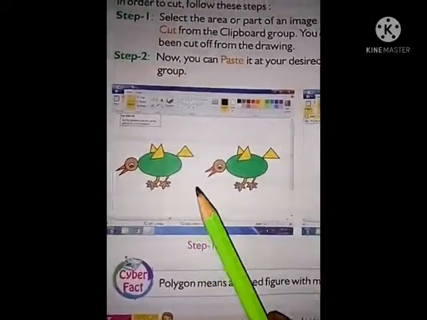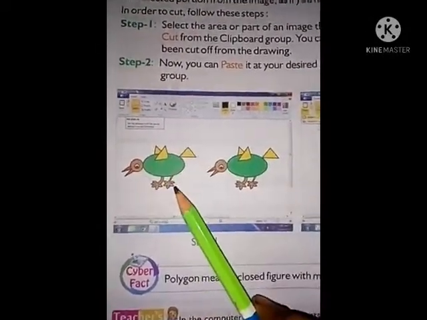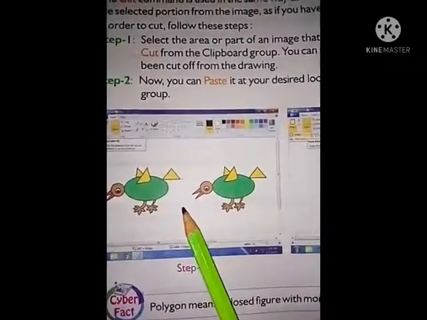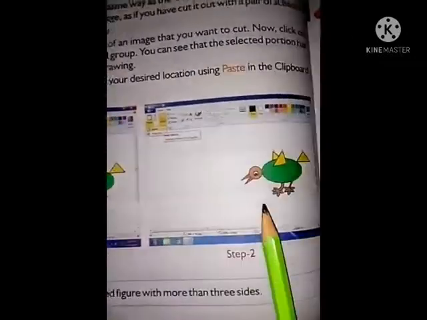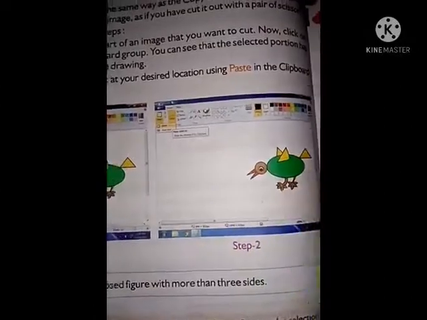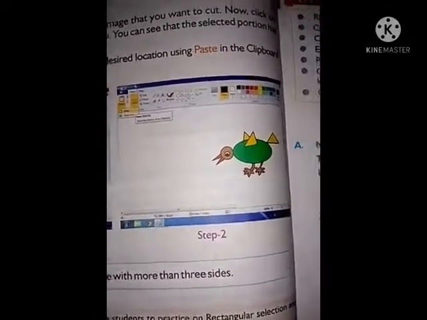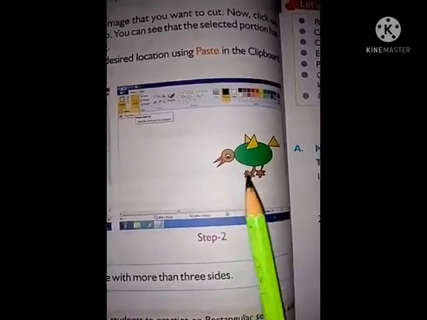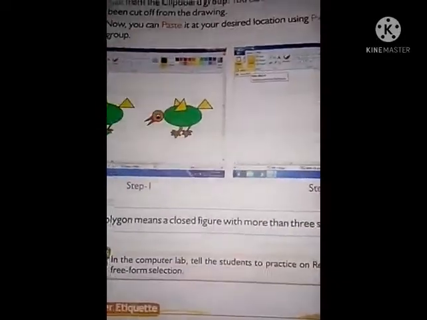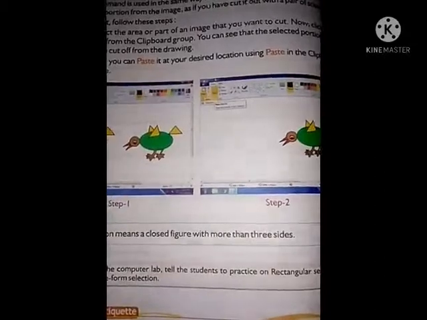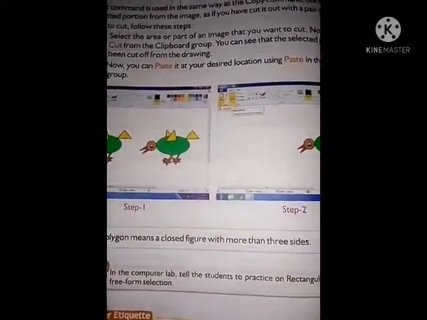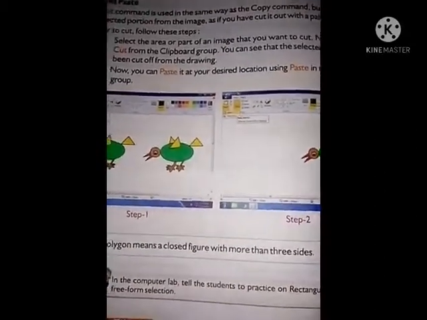So like this, first we have to select an image, then click on the cut option, then only one picture will be available, because after cut the other picture will be removed. Okay. When we do practical, you will understand better.